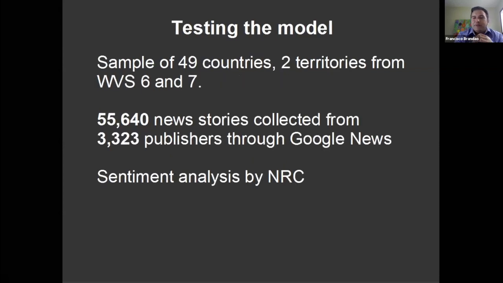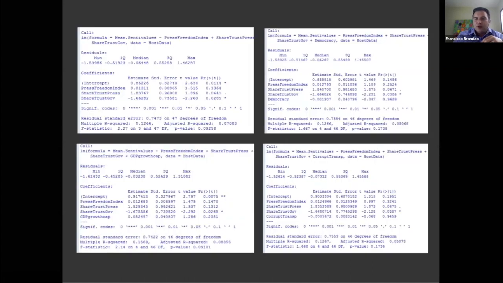I tested the model with a sample of 49 countries and 2 territories that were selected based on waves 6 and 7 from the World Values Surveys. So I collected 55,000 news stories from about 3,300 publishers through Google News and detected bad news with sentiment analysis by NRC. So the data is still cooking. I didn't produce any good looking graphics, but